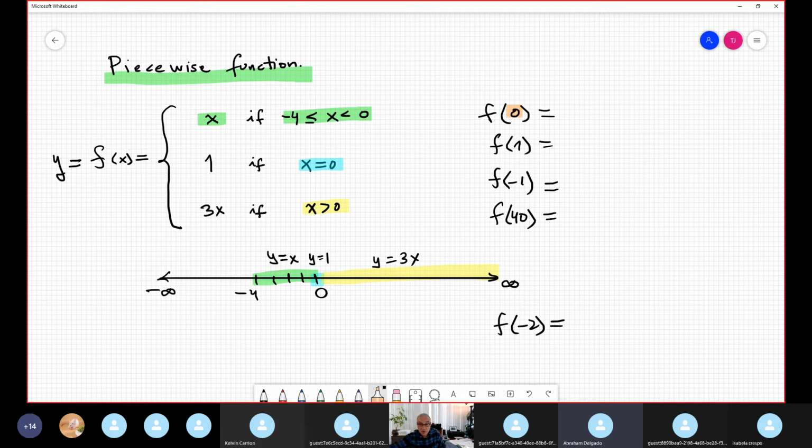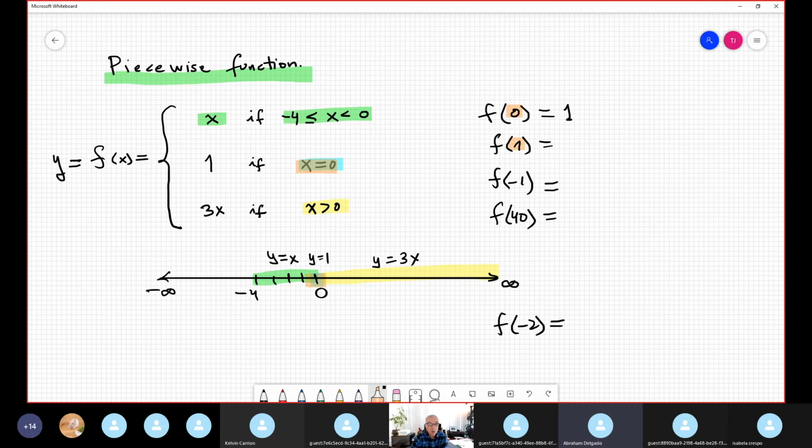0, where is 0? Oh, 0 here. And our piecewise function 0 here. Entonces now is y value is 1. That's it. In this case was easy. 1,